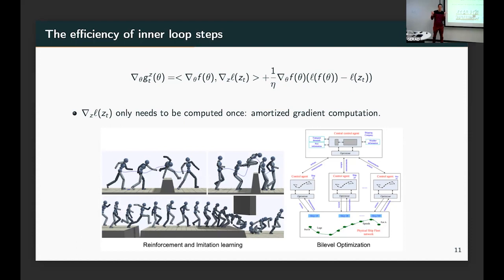And what people have been doing for the last 10 years is, well, I can't be bothered. So I'm going to collect samples and then do multiple updates of the parameters of my policy, pretending that all is fine. But it's very, very hand-wavy. And what we show here is that this is actually a natural thing to do, and you get convergence guarantees when you do it properly, and PPO doesn't do it properly. So this is the surrogate we want to optimize, and I ignore the constant term.